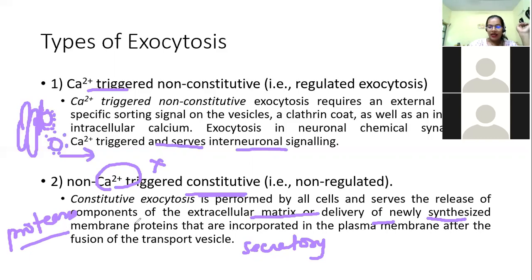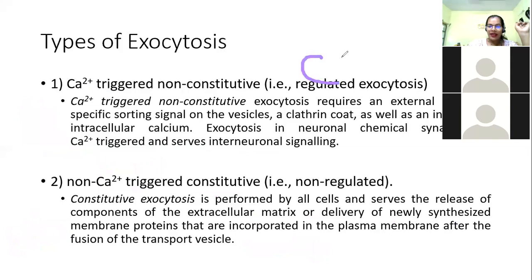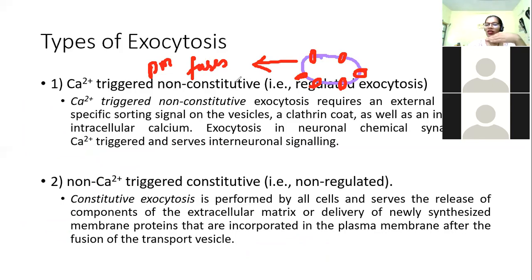Okay. And then they are also responsible for the plasma membrane protein release also. Now how they are doing is, on the membrane itself they will have their receptors present like this. Now we know that these receptors need to be present on the plasma membrane, so these vesicles carrying these receptors will go towards the plasma membrane and fuse. Only after this fusion, where there is no receptor present and a blank vesicle is there, that pinches off and goes back to the Golgi apparatus. Okay, so this is how your exocytosis takes place.